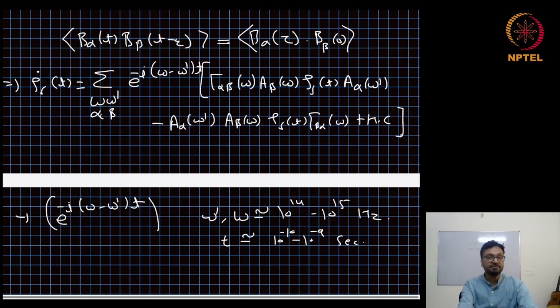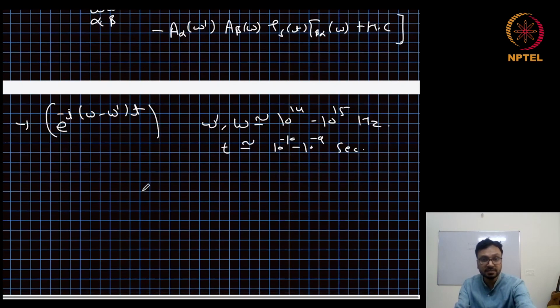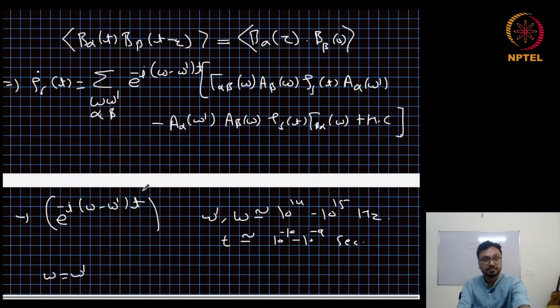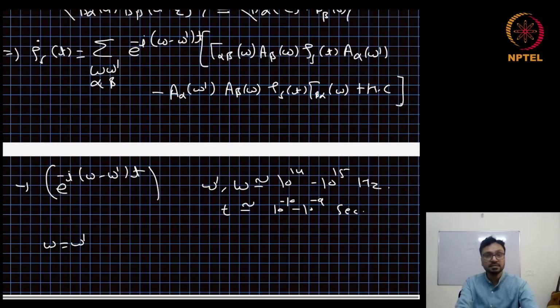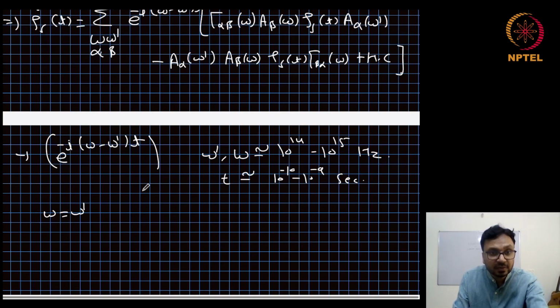So the average effect of these terms on the evolution of the state will be nullified, and the average will be 0. So we will not see any dynamics of the system. But in the cases when omega equals omega prime or very close to it, then these terms can be discarded. And in such cases, we get rho s dot